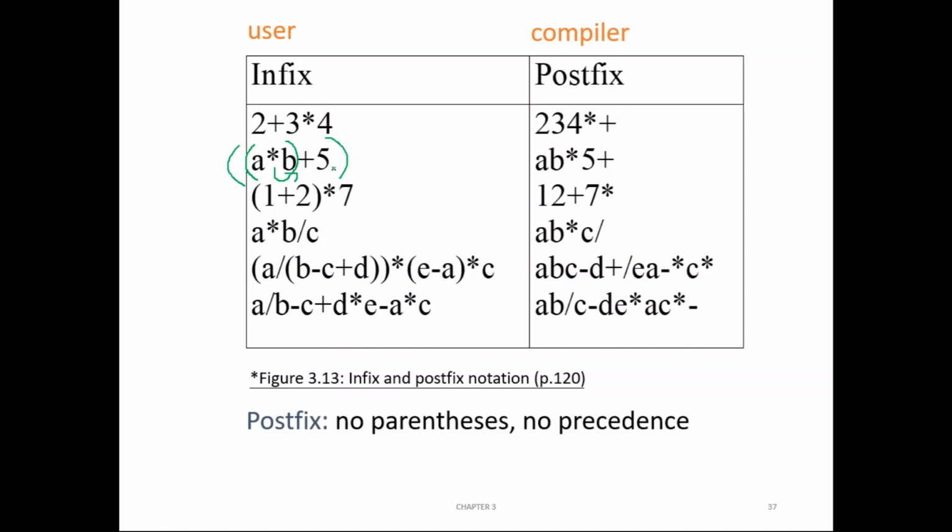This is the innermost bracket, this is the next level bracket, and this operator should replace this closing bracket. So then it will become AB star 5 plus. So this is the equivalent instruction. Fine.